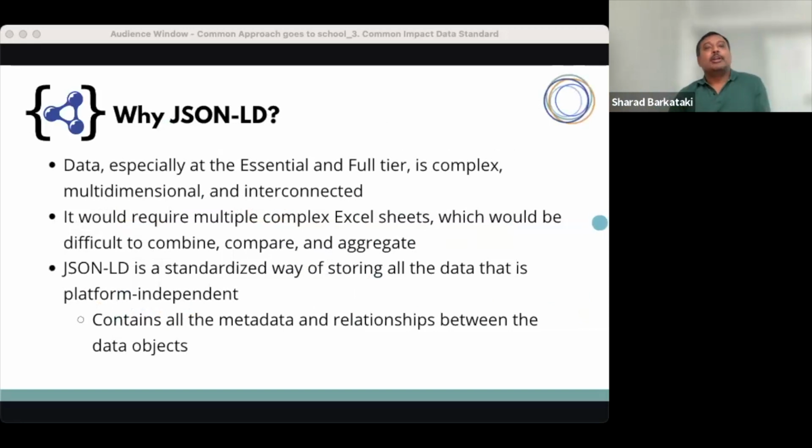I think one question that people often ask is, why did Common Approach choose JSON LD as a store of data? Why not use Excel? Well, the answers are as follows. The data that is captured